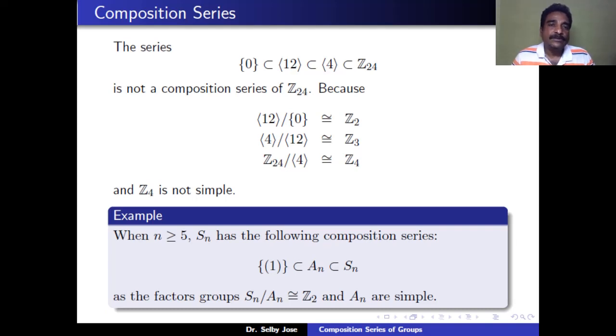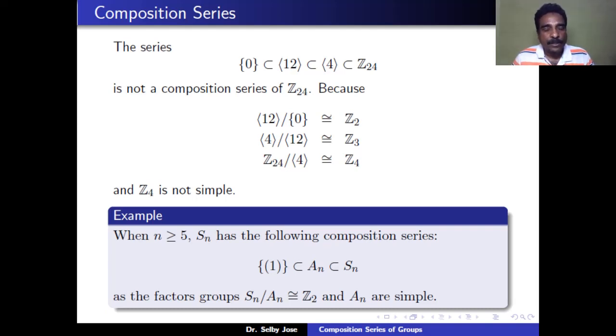The cyclic subgroup generated by 4 contains 6 elements and the cyclic subgroup generated by 12 contains 2 elements, so the quotient group of the cyclic group generated by 4 mod the cyclic subgroup generated by 12 contains 3 elements, so it is isomorphic to Z3. But Z24 contains 24 elements and the cyclic subgroup generated by 4 contains 6 elements. So in all, the quotient group contains 4 elements and we can show that that factor group is isomorphic